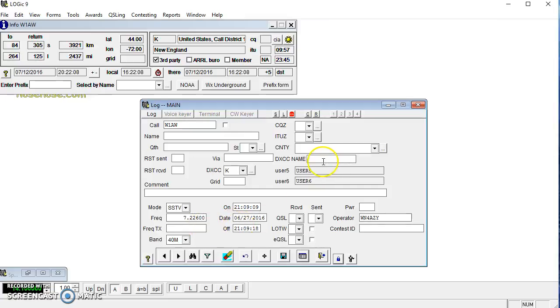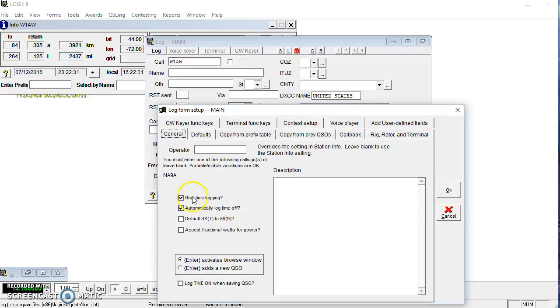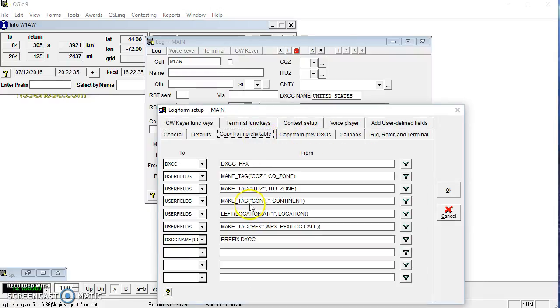Now I have a field where I can put that in, but I'm having to log it manually. So let me set that up so it's done automatically. I go to log and set up, and copy from prefix table. It's right here. These are all factory ones, the DXCC, and